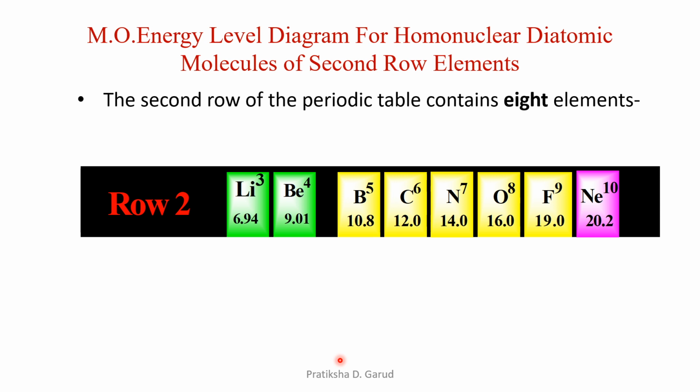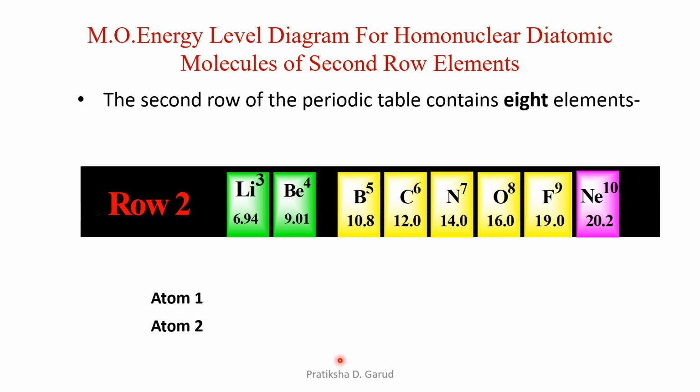Now if we see the electronic configuration of these elements, there is the presence of 2s and 2p atomic orbitals. So when we form a diatomic molecule, that means there are 2 atoms and it is homonuclear, that means we have the same atoms. When two same atoms combine, they form a molecule. So atomic orbitals undergo overlapping and we get the formation of molecular orbitals. So let's see that. Suppose we have atom 1 and atom 2, which are homonuclear,